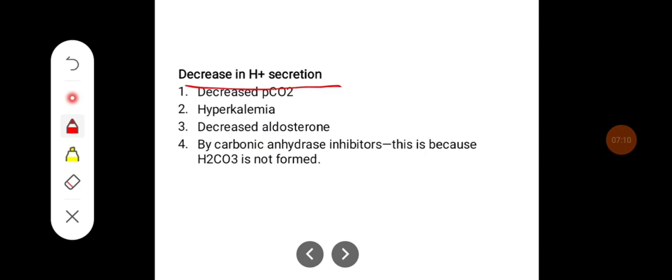Decreased H+ ion secretion occurs because of decreased partial pressure of carbon dioxide, hyperkalemia, decreased aldosterone, and by carbonic anhydrase inhibitor. This is because the bicarbonate is not